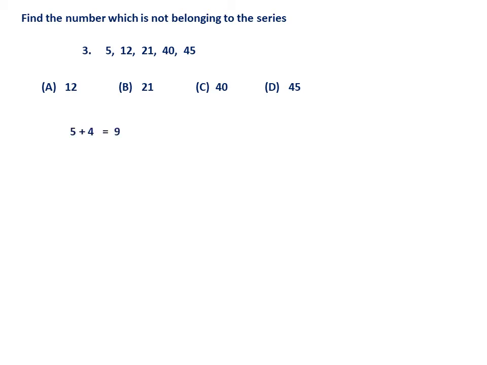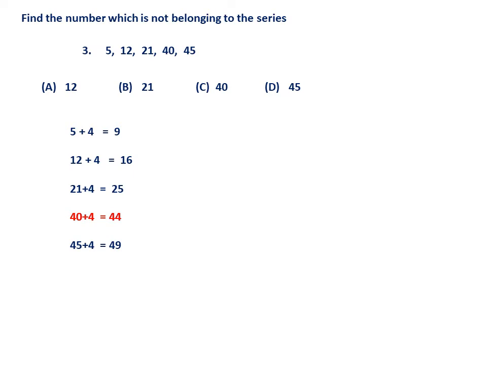So here see 5 plus 4 is 9. Let us see what is the pattern. 12 plus 4 is 16. That means if you add 4 to the given number, 21 plus 4 is 25, it becomes a perfect square. But the fourth number 40, it won't become a perfect square. But the next number becomes perfect. That means in all the given numbers, when you add 4, it becomes a perfect square, except the fourth one, that is 40.